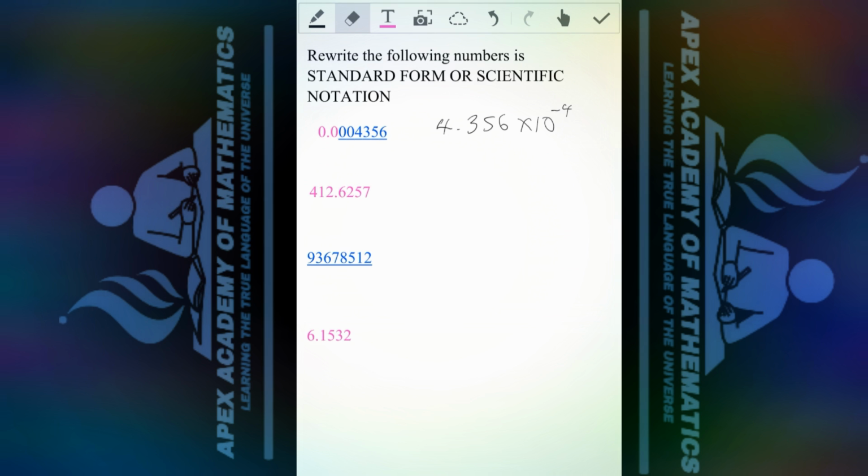Let's look at example number 2 for a little bit more clarity. Now our first non-zero digit here is actually this 4 again, but this time it is to our far left, so we need to move our point in this direction instead. And since 4 is right here, we need to put the point between the 4 and the 1, or better yet, behind the 4. Once we move our point there, we know that we moved 2 places to our left. So we know that the new number now will be